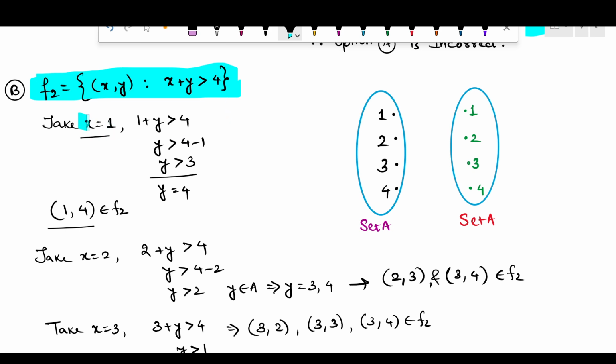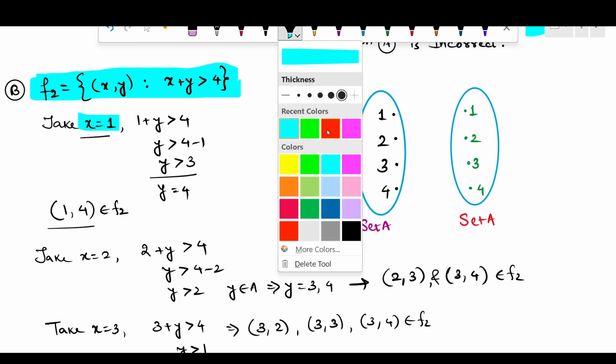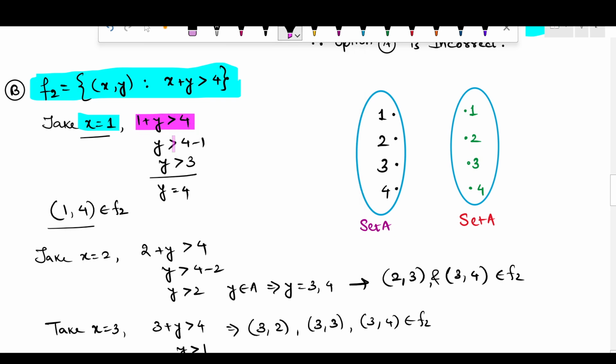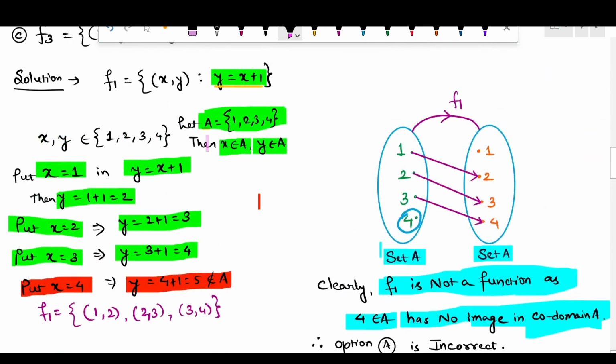So take x equals 1, then 1 plus y is greater than 4. Take 1 to the RHS, we get y greater than 4 minus 1, or y greater than 3, and see y belongs to this set A,